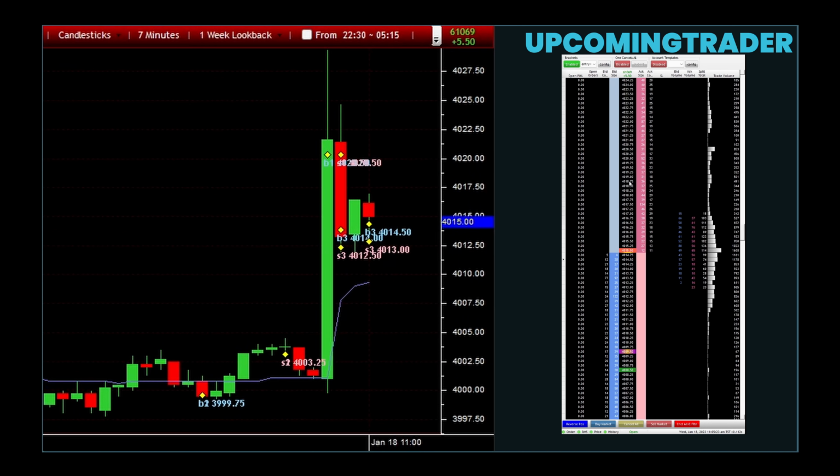You can also identify flags and pennants more accurately with range charts. These continuation patterns, which signal a brief pause before the trend resumes, stand out more clearly when the noise is filtered out. Similarly, wedge patterns, whether rising or falling, become easier to recognize, helping you to spot potential trend reversal points. Rounded tops and rounded bottoms, which indicate a gradual shift in market sentiment, can also be seen with more